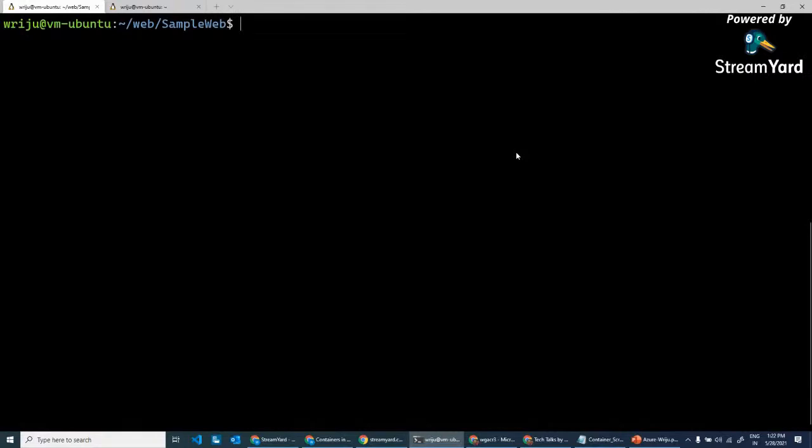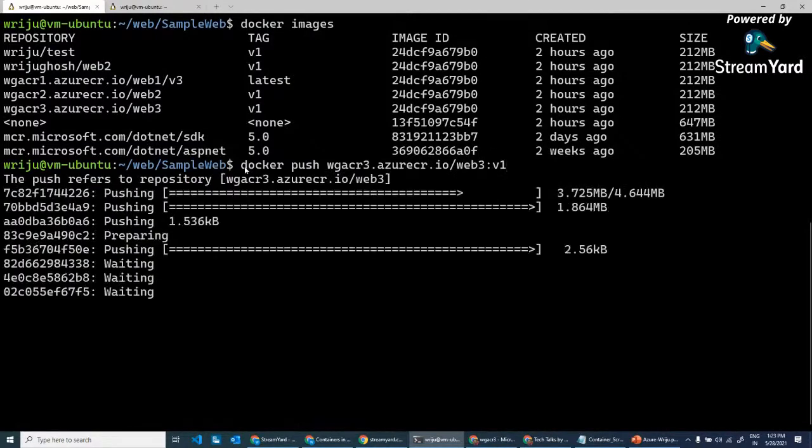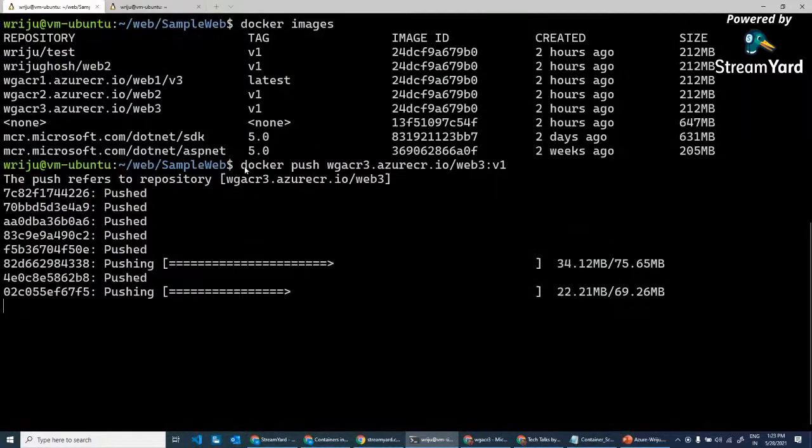So if I say Docker images, you'll find this WGACR3 web3 v1 is there. Now I am logged into this Docker hub, my registry, the registry which I created. So I can say Docker push, and then the image slash web3 colon v1. Okay, if I do that, it's going to go ahead and push this image, which is significant in size, right,